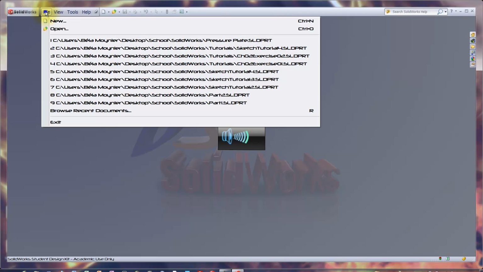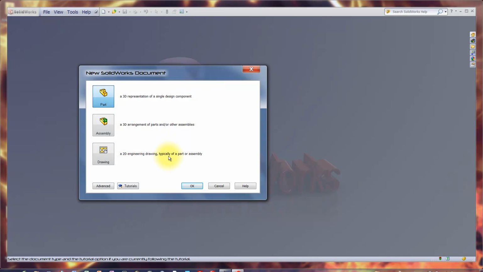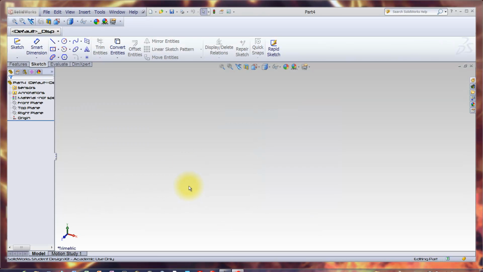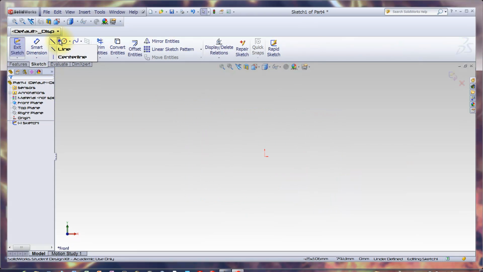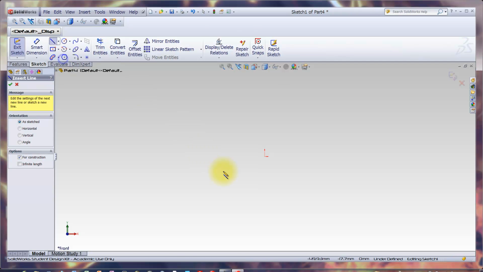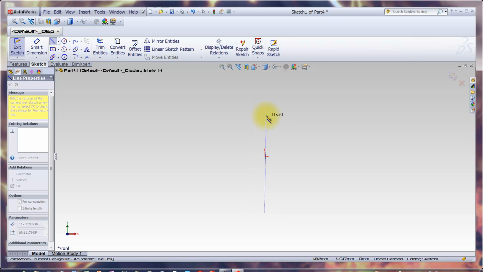Alright, create a new one. Part. And then we want to create a couple center lines. Go into sketch mode, pick a plane, and get your center line tool. Create a couple center lines, and the reason for this is because if we look at the sketch, it's symmetrical in two different directions. We can draw one here,